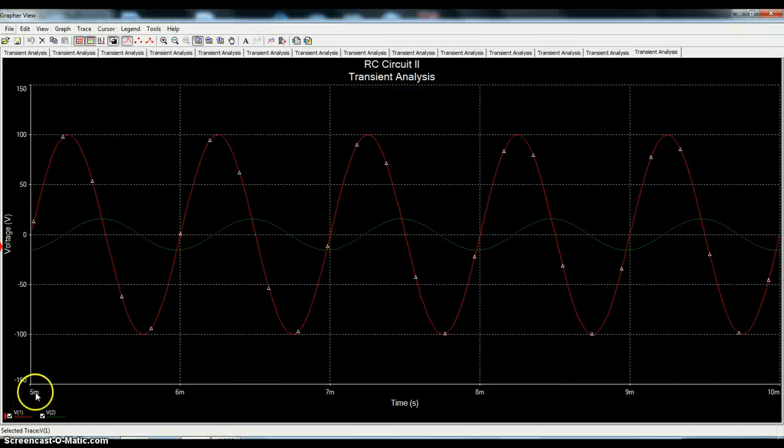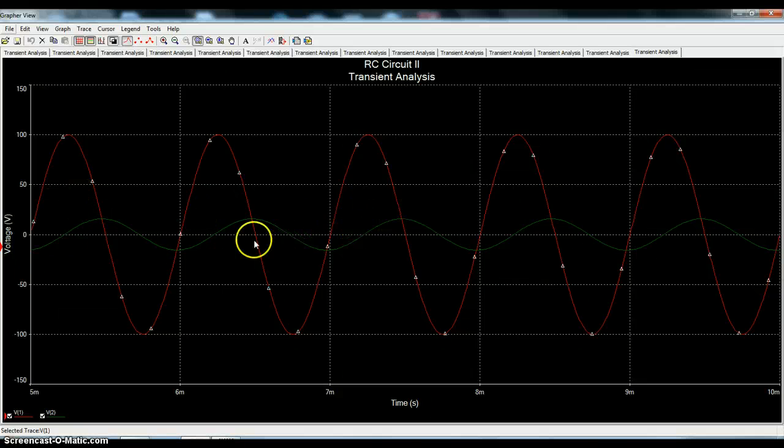So you see here from 5 to 10. The reason I did that is so we could look at it in the AC sinusoidal steady state, so we don't have the transient to get in our way. So this is really steady state AC. Again, even though it's called transient analysis, that particular option can do both transient and steady state, and we're looking